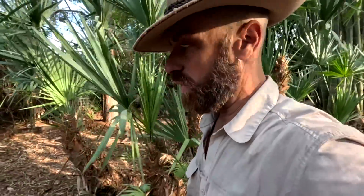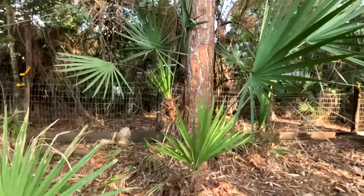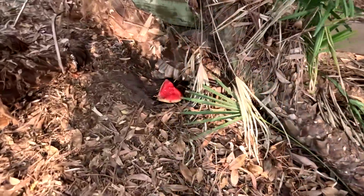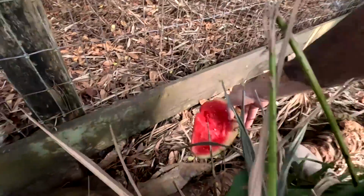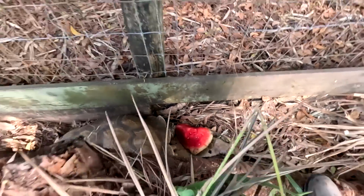I just put out some watermelon a few hours ago. I want to see who's been nibbling. Oh yeah, there's some nibbled here. There's some nibbled there. Get some more of that. Don't you stop now. Keep going, lady. Keep nibbling. And then over here,